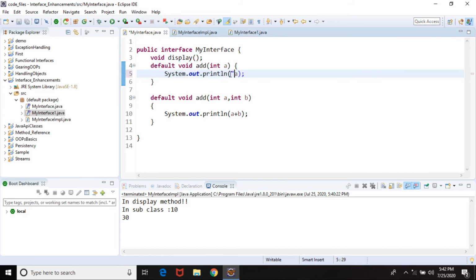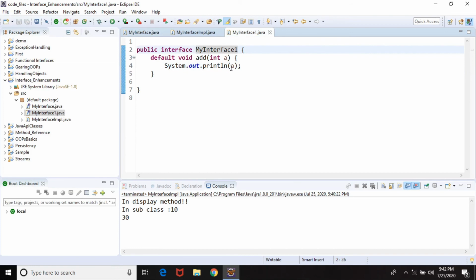So I'll be saying, let's say, inside my interface, and in this my interface 1, the same method inside my interface 1, right? So I have two methods with the similar signature declaration present in both interfaces.